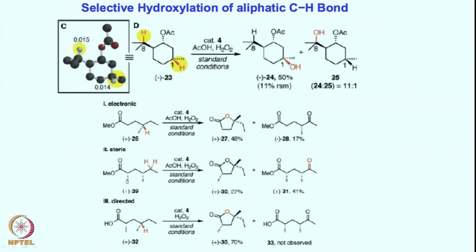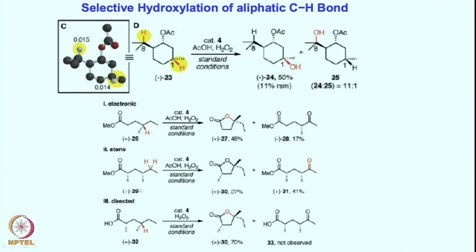If you introduce a steric bulk, this becomes not so prominent at this point because hydroxylation is sterically hindered, and therefore even the secondary center is getting reacted over here. Of course, if you have a secondary site or primary site, the product will be a ketone, not the hydroxo product, because upon first hydroxylation further oxidation becomes inevitable and very facile and ends up giving this product. Now, this intermediate we have seen, this is the site of the reaction because these sites are deactivated by this electron withdrawing ester group.